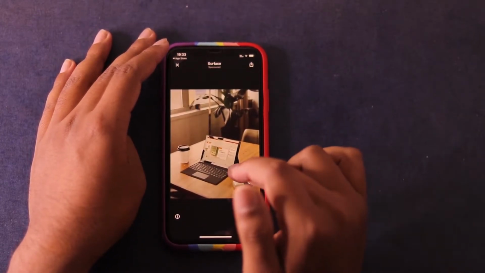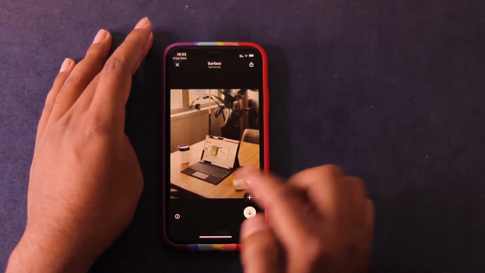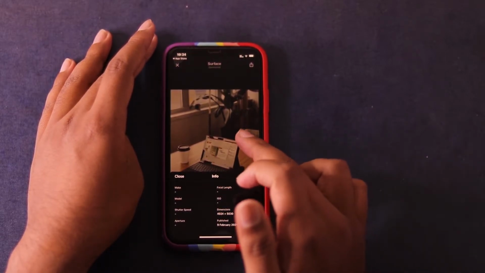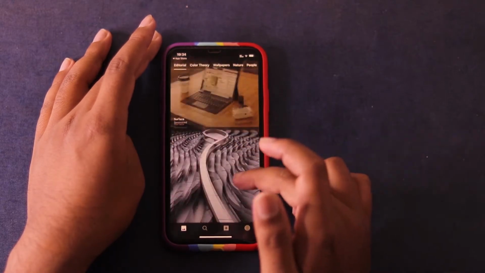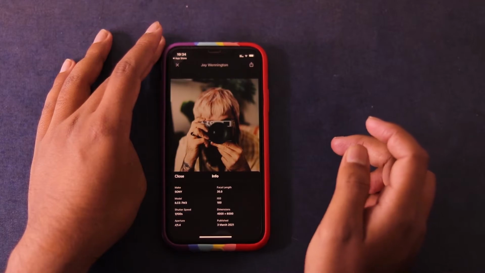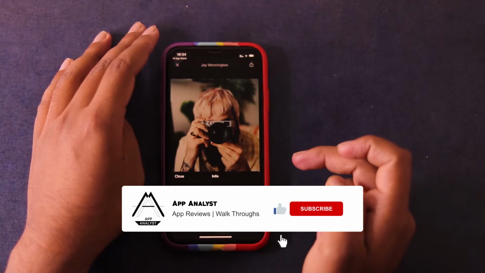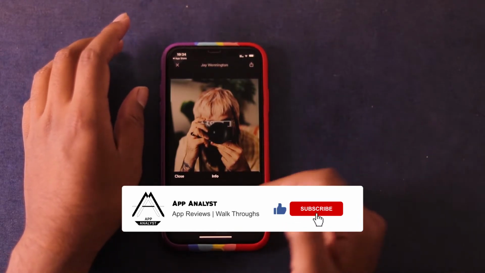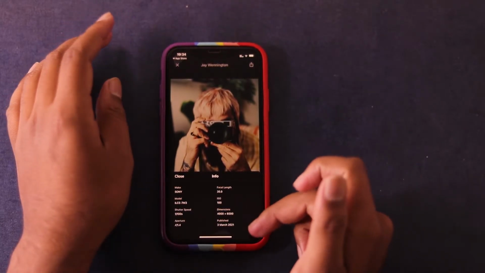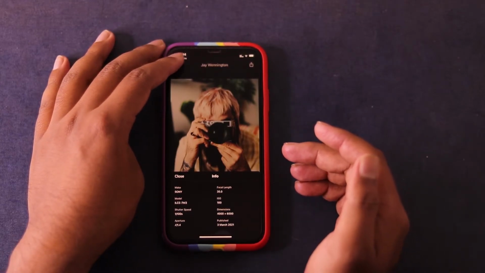And when you click on any image, you have this eye icon. When you click on it, you get to see the details of the image. This image is not having any details, so let's check other images. If you go for this image, I believe this image will have, yes, so here it is. This image was clicked by a Sony camera. The model number of the camera is given. Then there are shutter speed, aperture, focal length, ISO, dimension, and when it was published. So all this information is useful for many photographers.